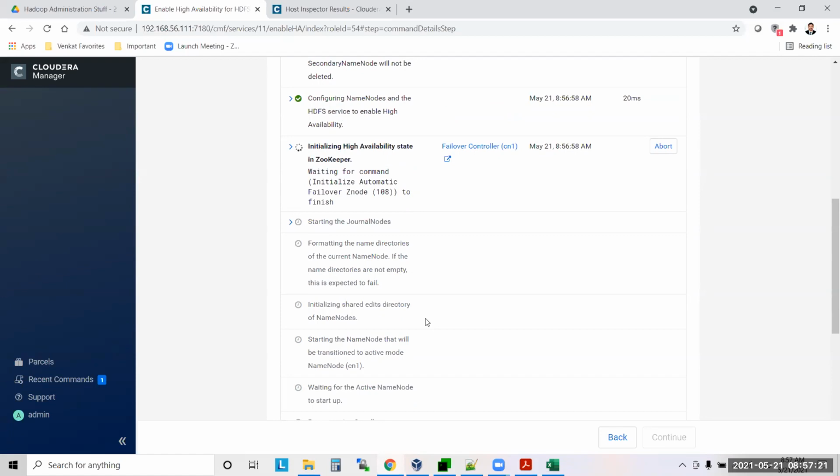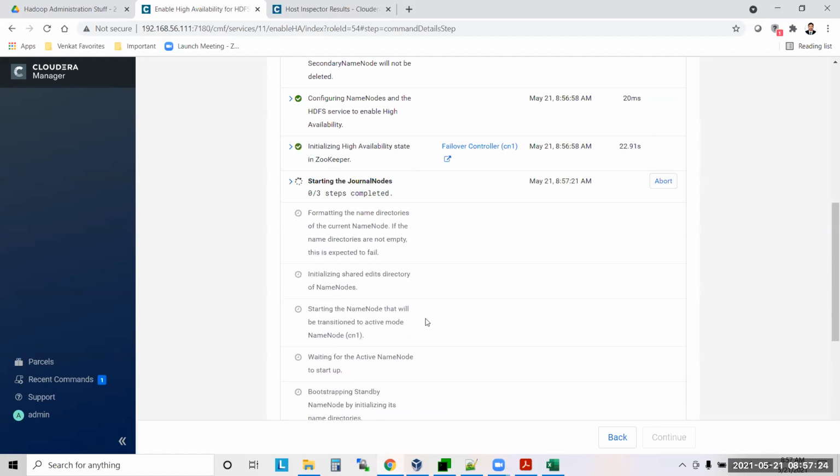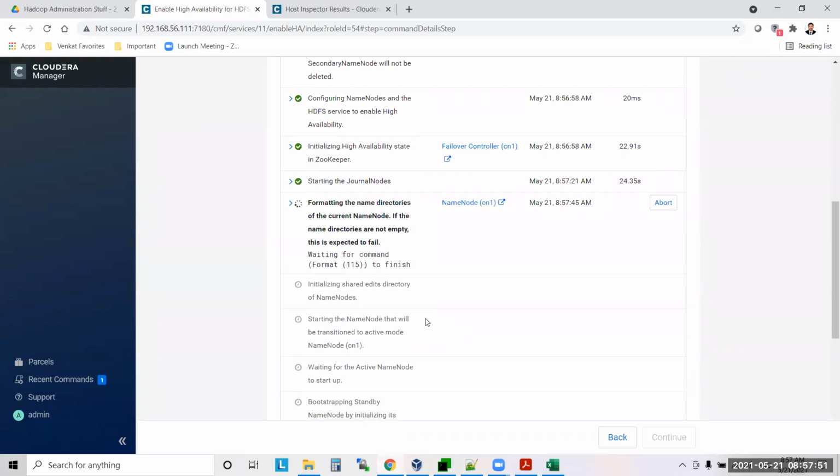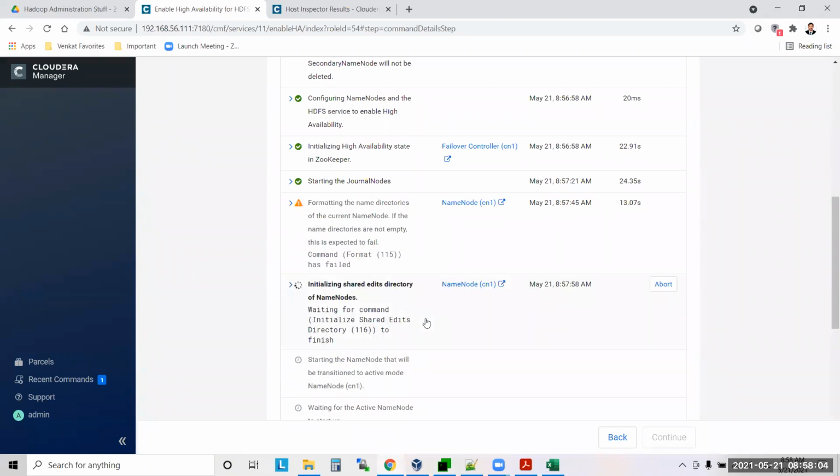And especially when it comes to CDP Cloudera Manager, it has more and more options when compared to even CDH6. So that is expected to fail, not a problem.